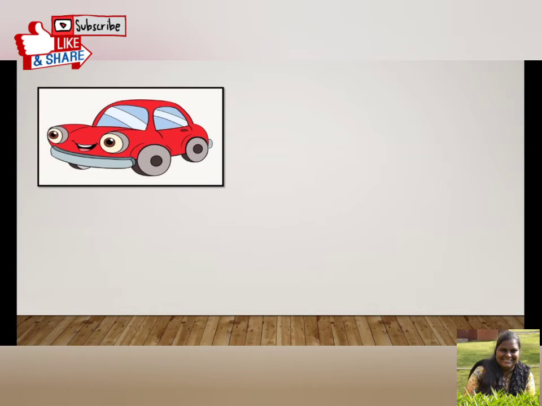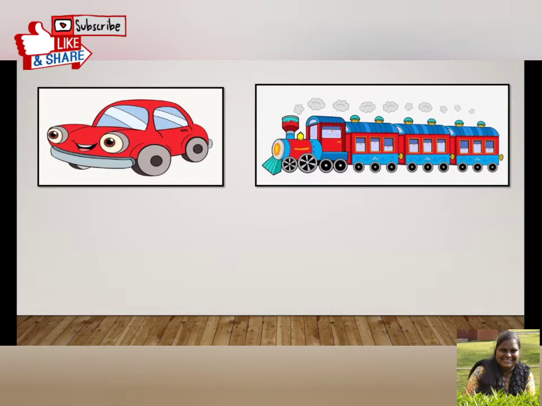Yes. Children, what is this? This is a car. Have you traveled by car? Yes? It goes fast, correct? Wherever I want to go, if I go in a car, I go very fast. What is this? Oh, this is a train. Train is faster than a car. So, when I compare between a car and a train, the train becomes faster and the car is slower than a train.